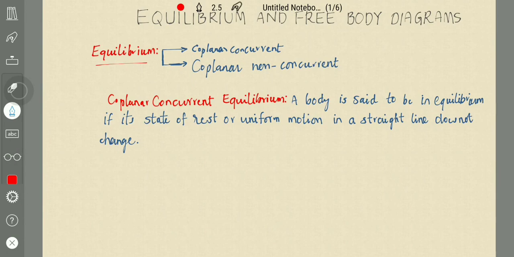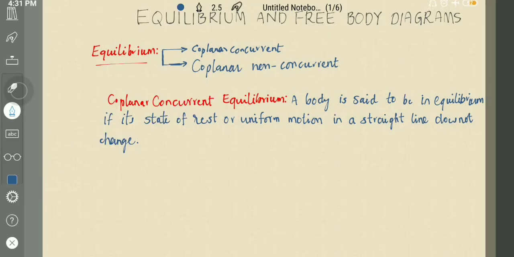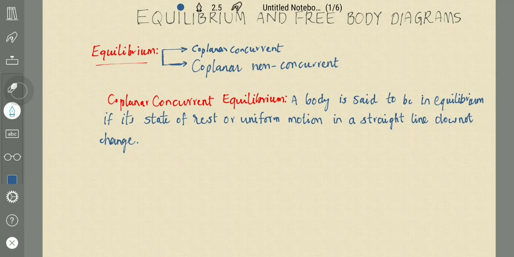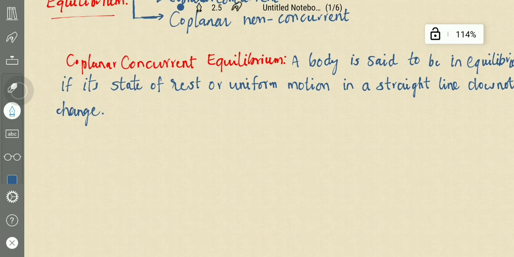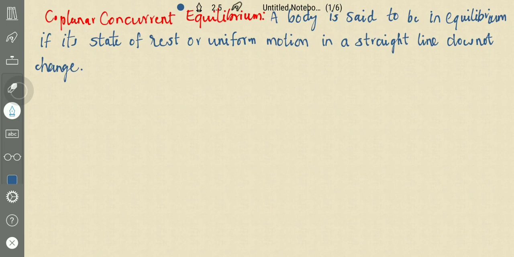What is equilibrium? Equilibrium can be stated in two types: when coplanar concurrent forces act, and when coplanar non-concurrent forces act on a body. If concurrent forces act on a body, then it is called coplanar concurrent equilibrium. For a body to be in equilibrium, there is a condition if concurrent forces act on a body. That condition is